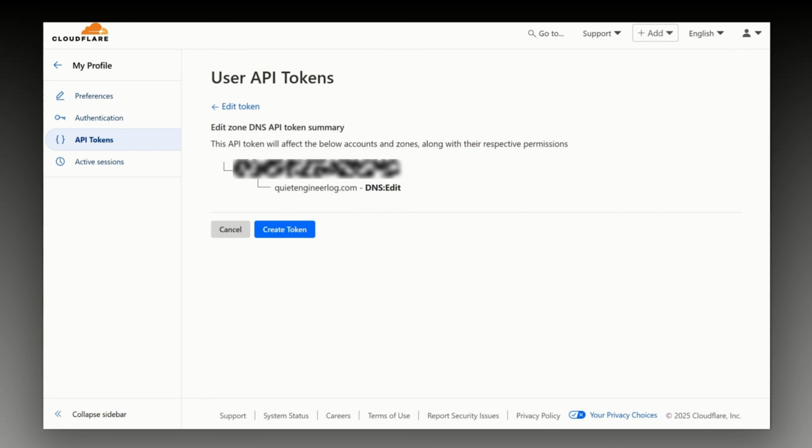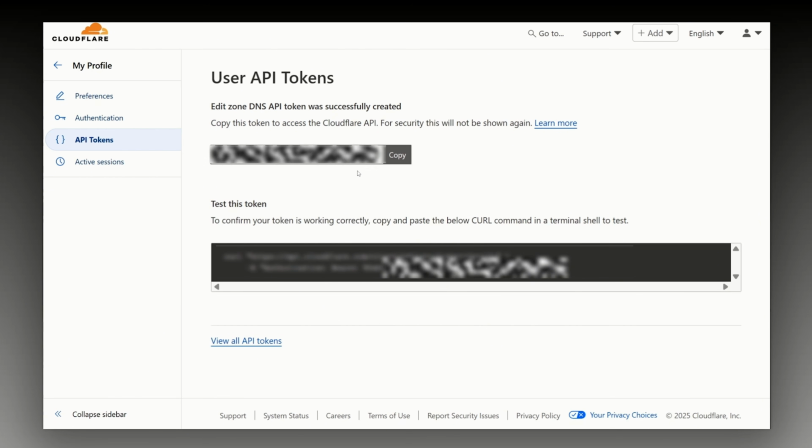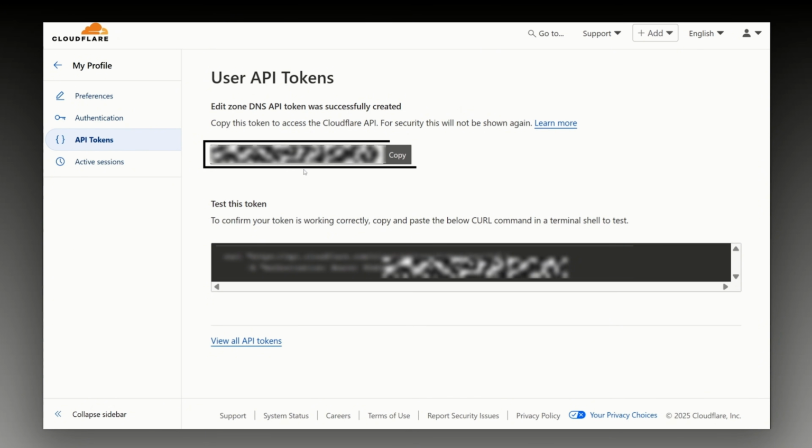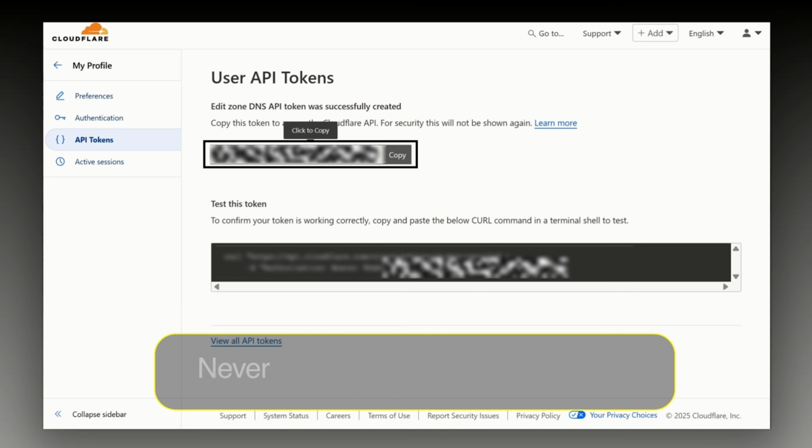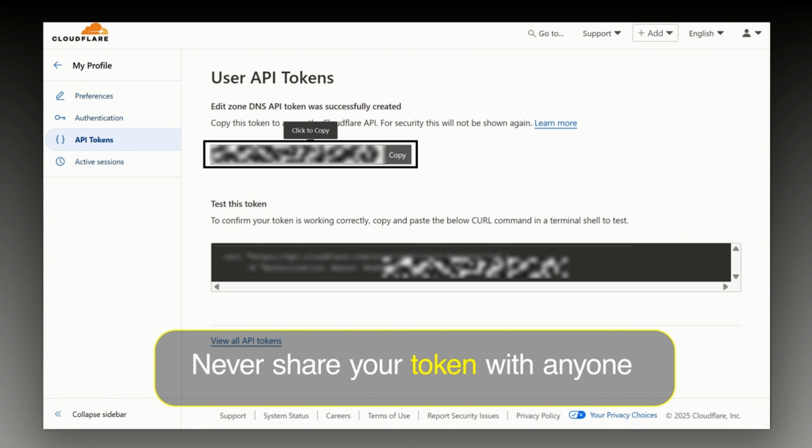Then it's going to give us a summary like, hey, this is your account, it's doing this for Quiet Engineer, and it's going to be able to edit your DNS. Are you perfectly fine with that? You're going to say yes, create token. It's going to create the token and give you a token right here. One of the things to keep in mind is that you do not want to share your token with anyone. Your API key and your token,